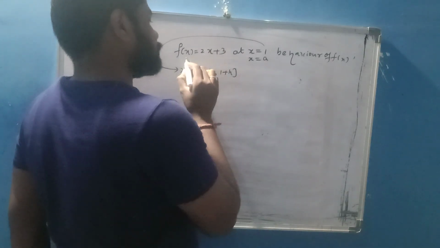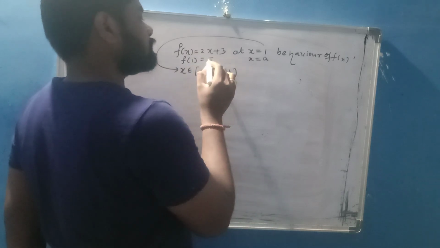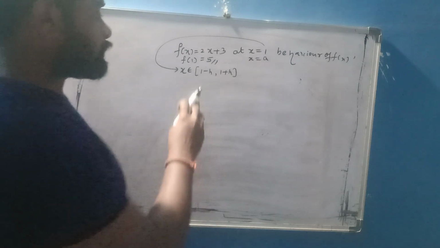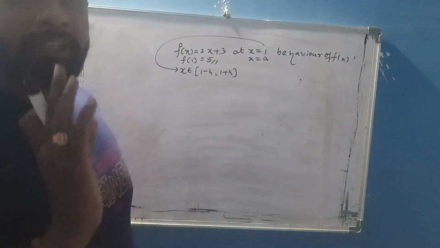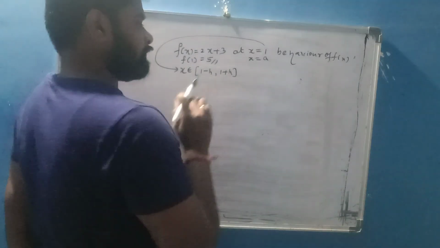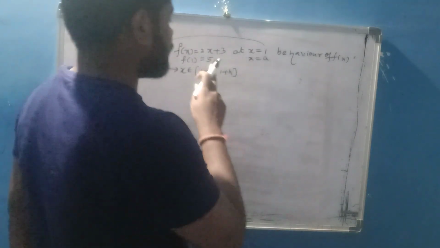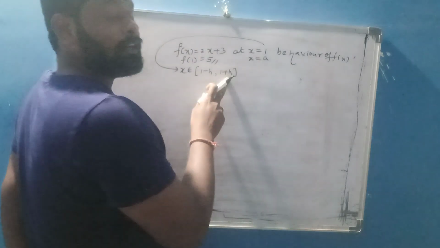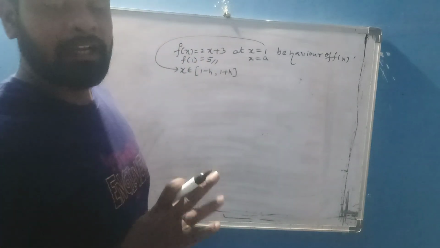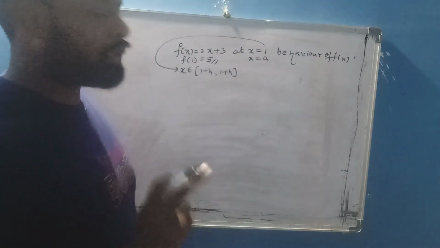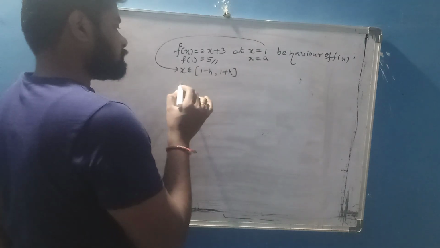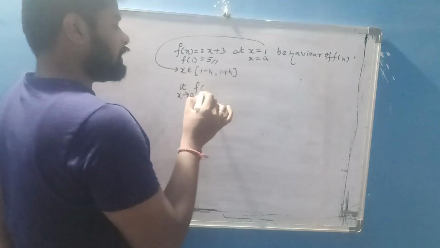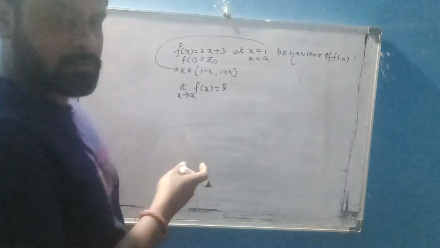Actually, by directly substituting, we are getting f of 1 equal to how much? 5 only, no? 2 into 1 plus 3, that is 5. That 5 is with respect to these neighborhood values, correct or not? That is called limit. For x equal to 1 minus h, after substitution we are getting 5 or not. That is called left hand limit. For x equal to 1 plus h, after substitution we are getting 5 or not. That is called right hand limit. Okay, please take this. Here, what is the definition? Limit x approaches a, f of x equal to L. Okay, that is the definition.